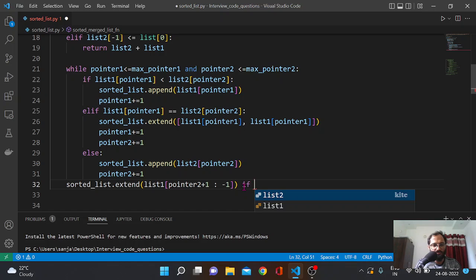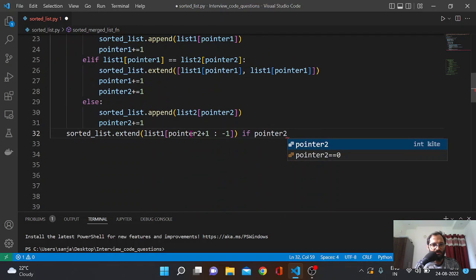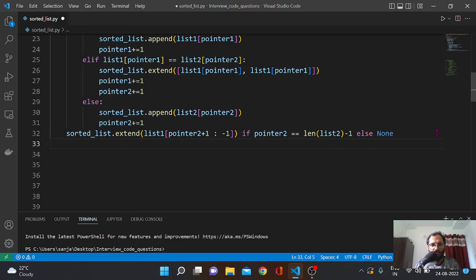I would know that if the value of pointer 2, which I have initiated here, is equal to length of list 2 minus 1, if this has reached this maximum value, else I can say none. I am using this as a one line statement here. You can use an if else statement,